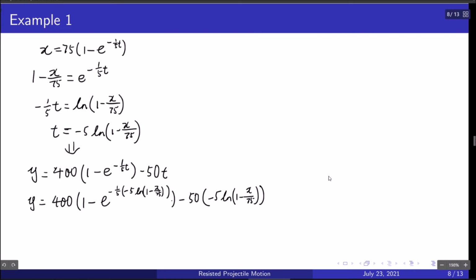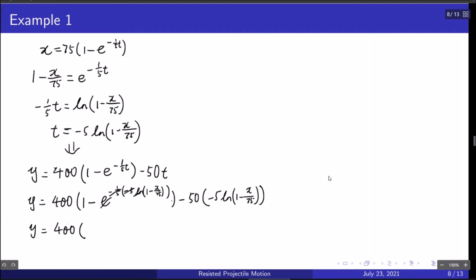Yeah, so we end up with the −1/5 cancelling out with the −5, and e and log cancel out, so we end up with y equals